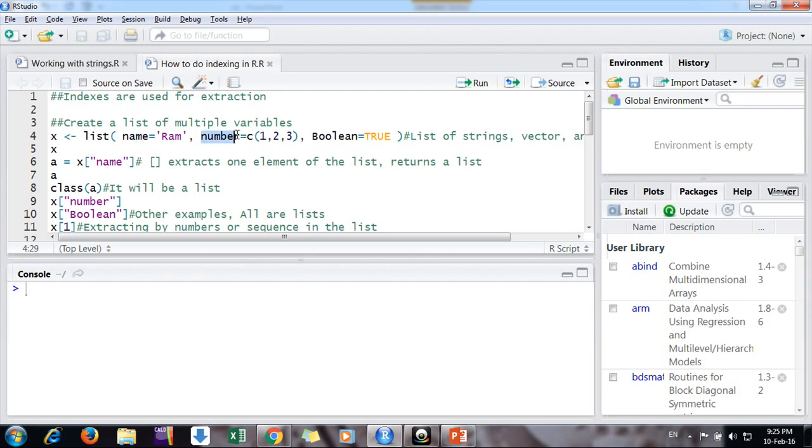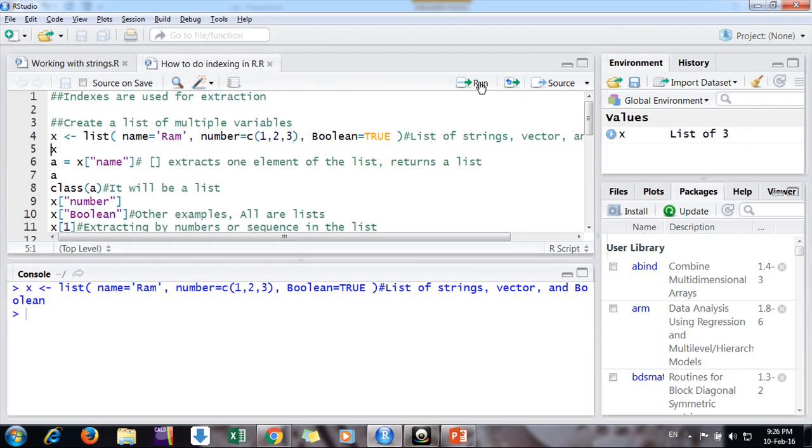And then another variable by the name number with three values. It is a vector, a numeric variable. The first one was a string variable or character variable. The second one is a numeric variable, and the last one is a boolean, true false. You can generate so many. It's for the sake of explanation, how lists work. So friends, I'm generating this by giving a variable name x. This is a list that contains three things: the first is a character string, the second is numerical, the third is logical values. This is a list of three variables and I'm assigning the name x.